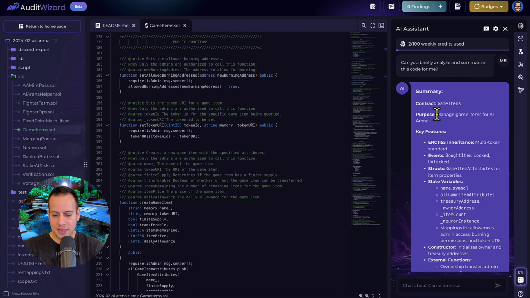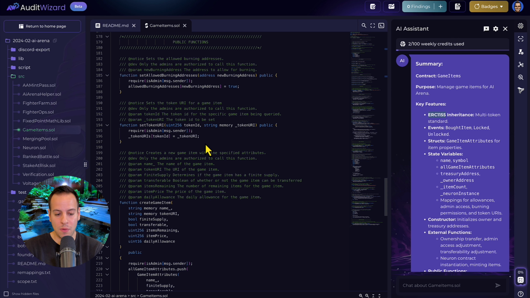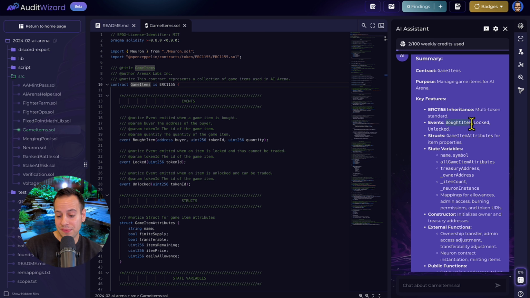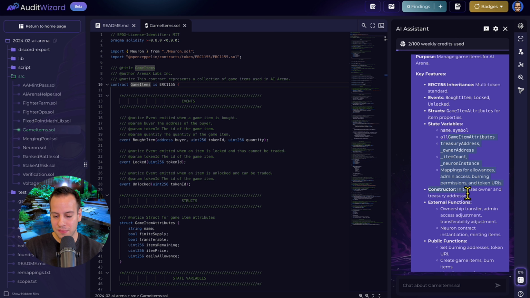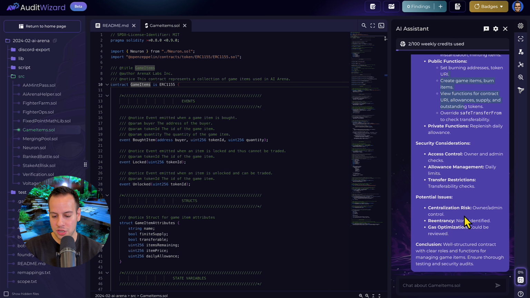beloved AI assistant, and this contract manages game items for AI Arena. Interesting, it inherits from ERC1155. Let's confirm it. Yes, we see that it inherits this ERC1155 token, and every game item is probably this kind of token. And it has some events, bought item, locked, unlocked. We also have a struct of game item attributes, state variables, constructor, external functions, public functions, private functions, security considerations,